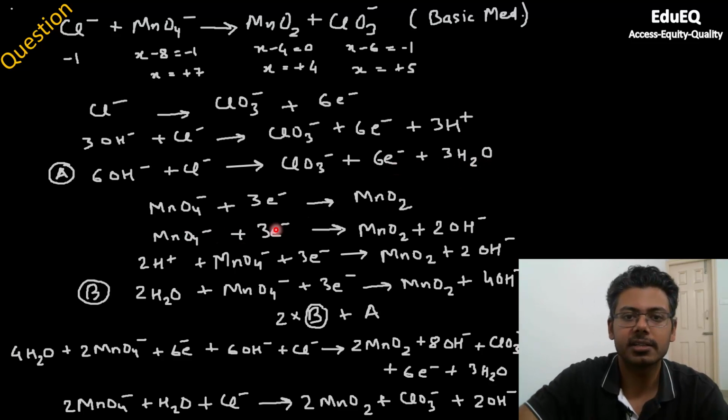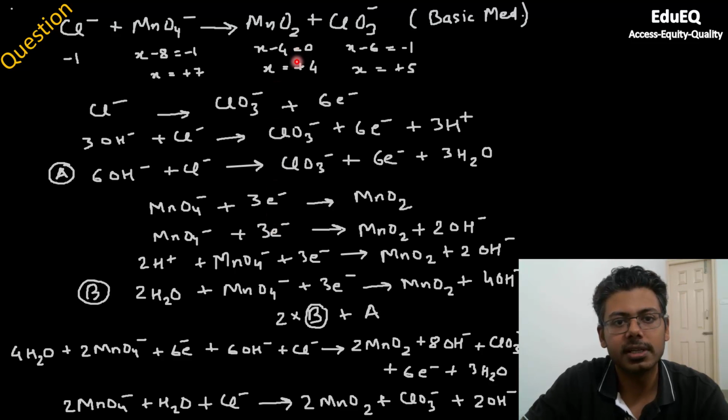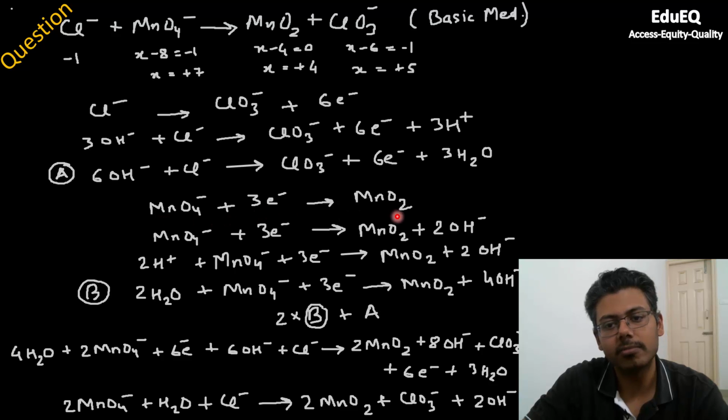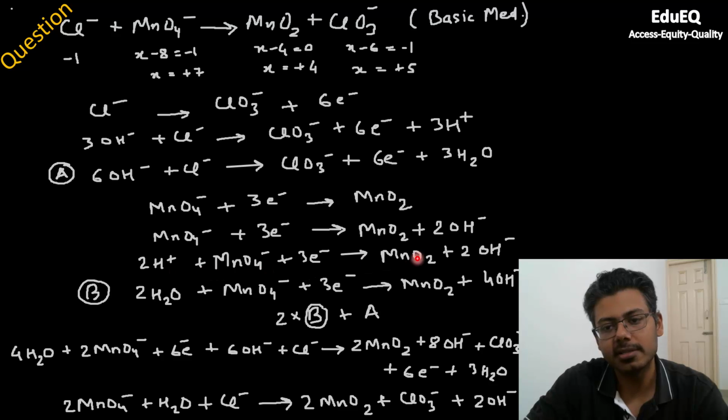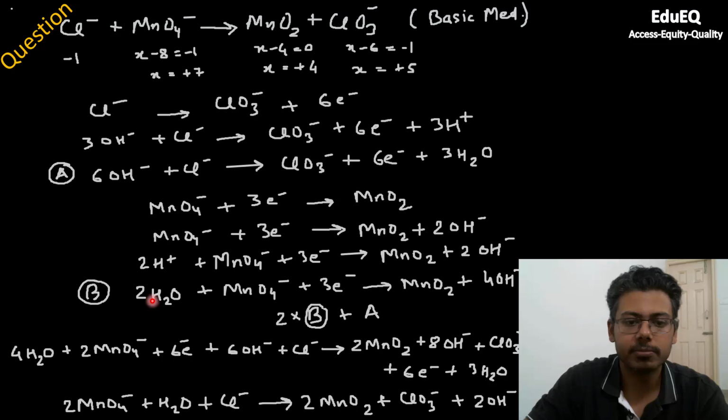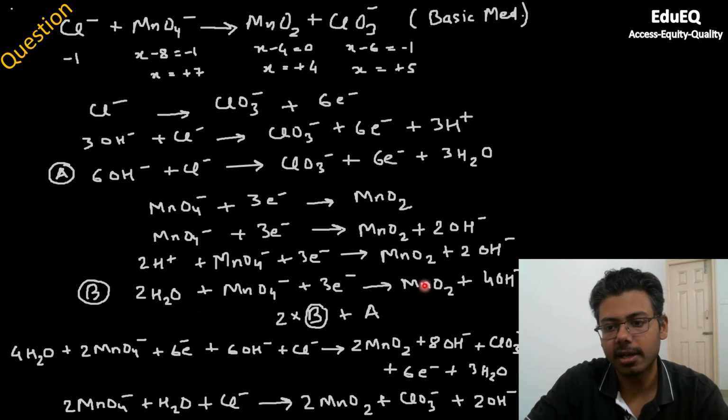Similarly, coming to second reaction, if you see here oxidation state, from +7 manganese is becoming +4, and this is possible when it gains 3 electrons. So same thing is written here. MnO4 minus gains 3 electrons and forms MnO2. Similarly, you balance oxygen using hydroxide, and then you also add H plus ions so that hydrogen is also balanced, and then finally you have to add 2 OH minus on both sides. So this becomes 2 times water, and here it becomes 4 times hydroxide. Rest everything is same.